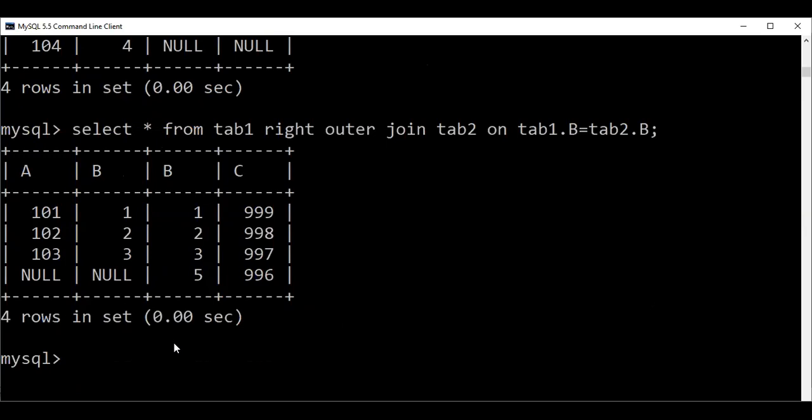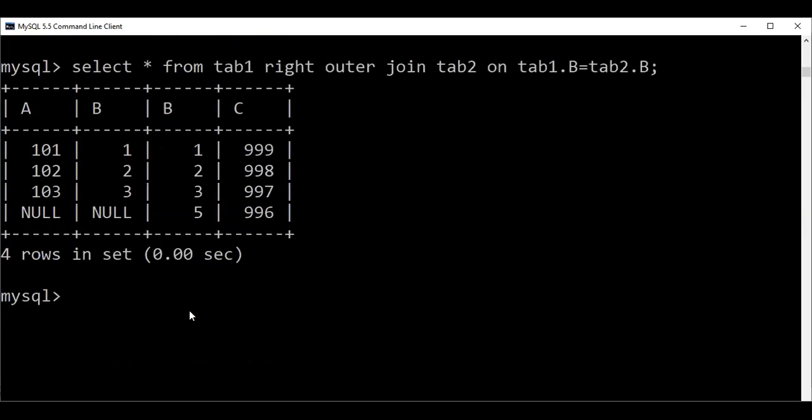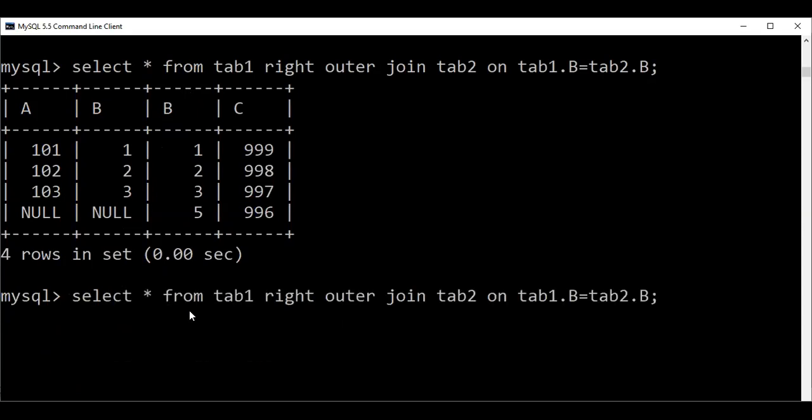Then, coming to the same thing, you can change this to full. But remember, in MySQL, though it is a SQL statement, this full will not work. Full means all rows from the left side will come, even those that are not common, and all rows from the right side will come, even those that are not common. This is the usual operation of full outer join. But remember, in MySQL it will not work. So if I ask what you will write, you will write all.